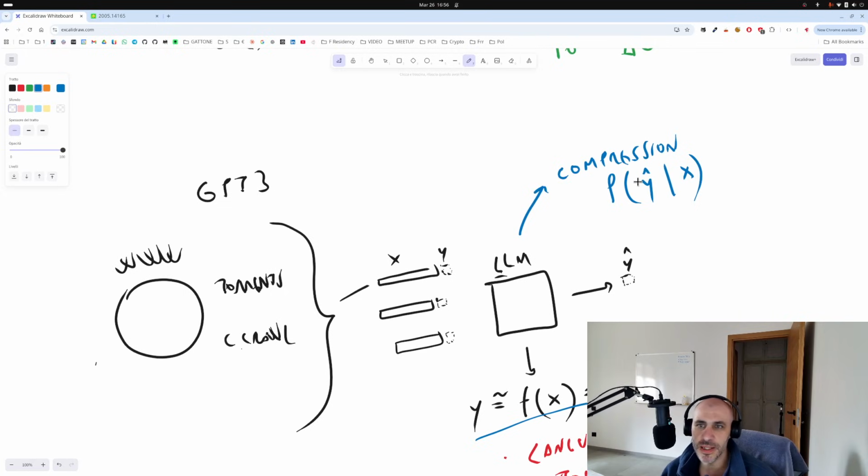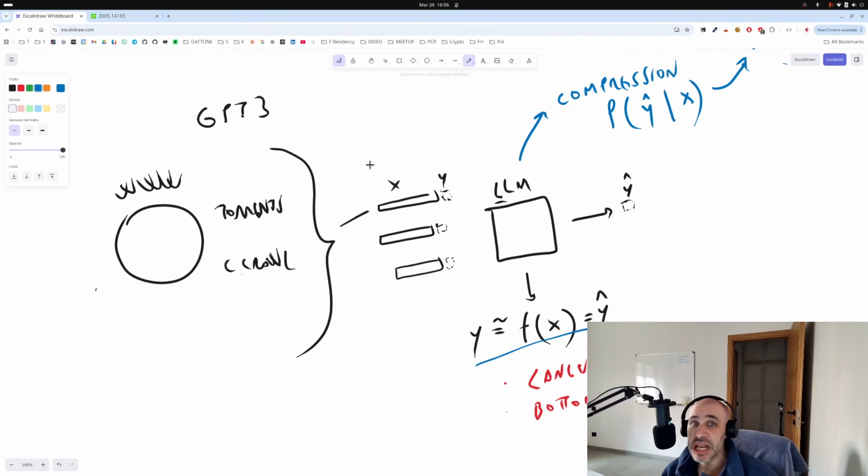There is also a probabilistic interpretation that will lead you to information theory and the concepts of entropy and mutual information. The error of the network is expressed as a loss. This is a compression error metric. And so you can say that intelligence or language, these concepts, can be expressed as pattern recognition and data compression.